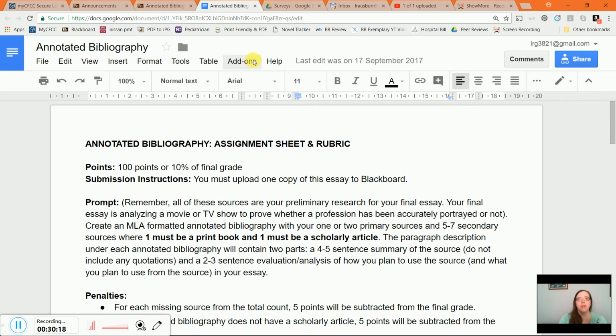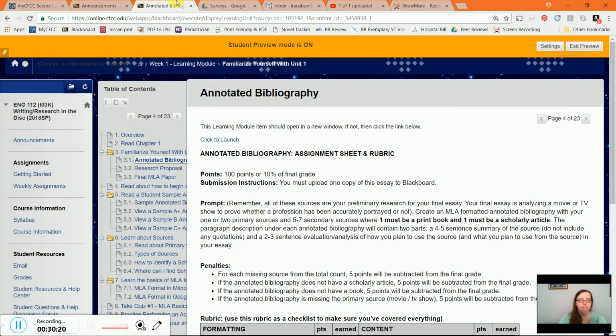Okay, so that's the annotated bibliography. Again, please email me if you have any questions, or shoot me a text in the Remind app, or write in the Blackboard discussion. I'll go over the research proposal in week 3. You can, of course, view the instructions here, but we're not really at that stage yet, and you don't need to know too much about the research proposal, so I'm not going to make this video any longer than it needs to be.